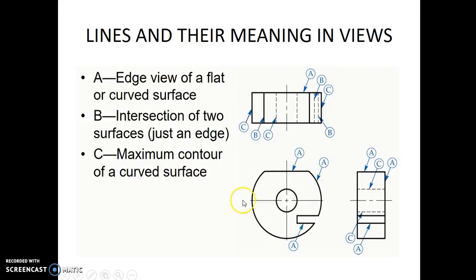Now, here we see a cylindrical object from which a horizontal surface has been cut here and a rectangular slot cut here. There is a hole here at the center. On this we see a number of lines named A. One here, another here,